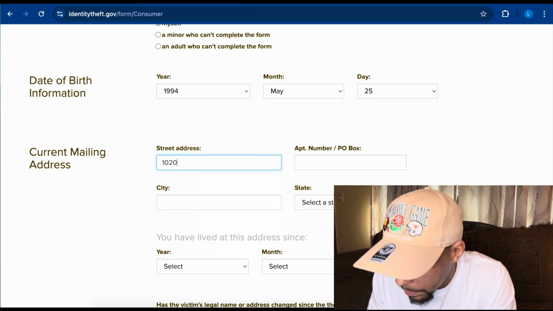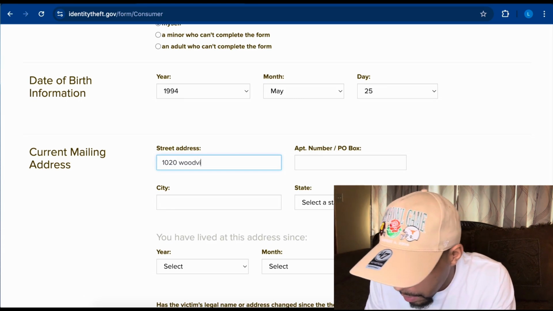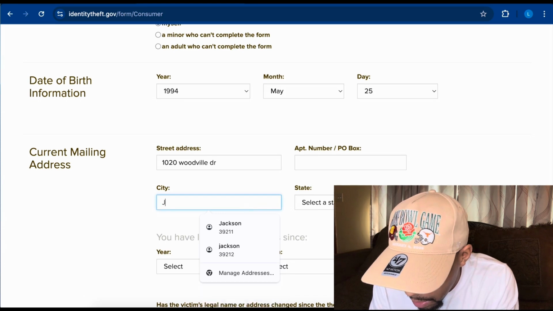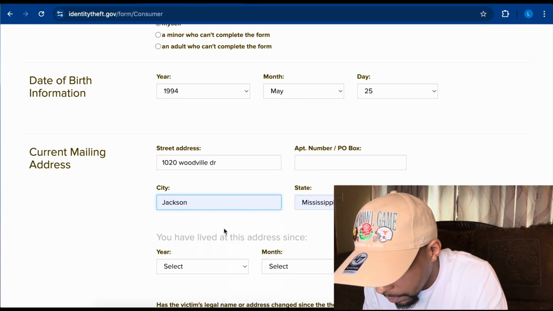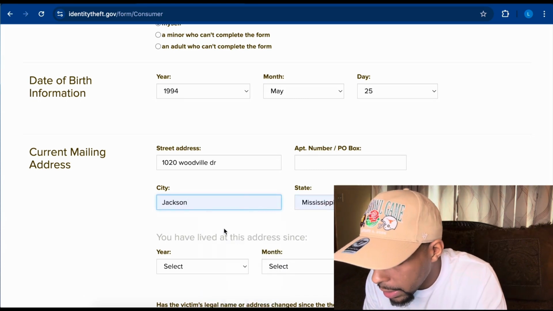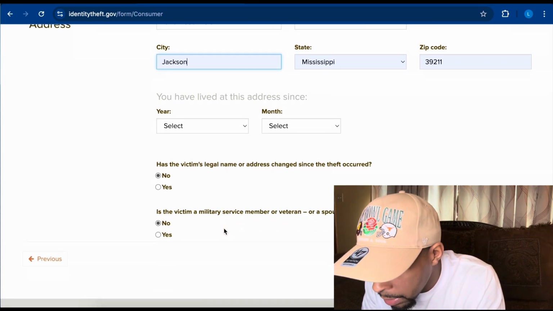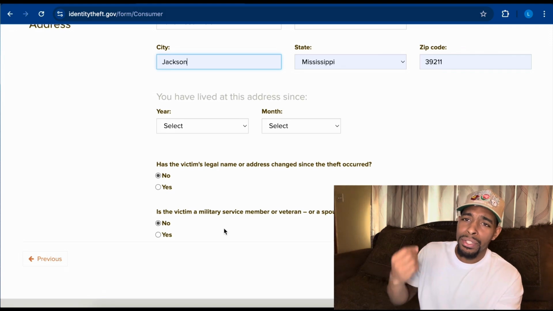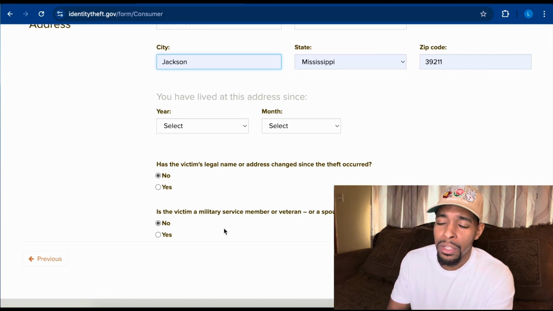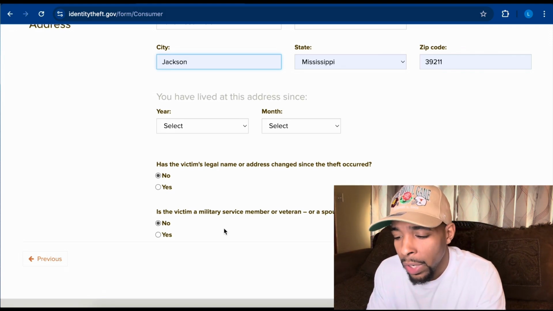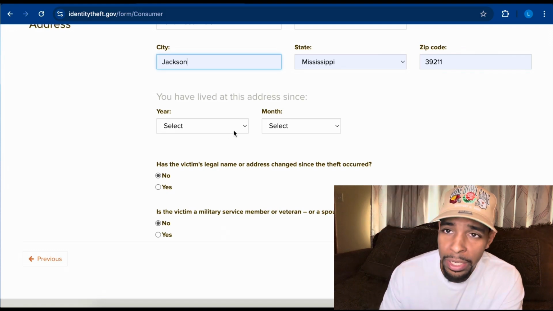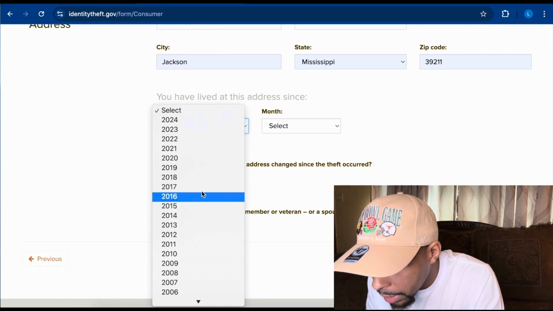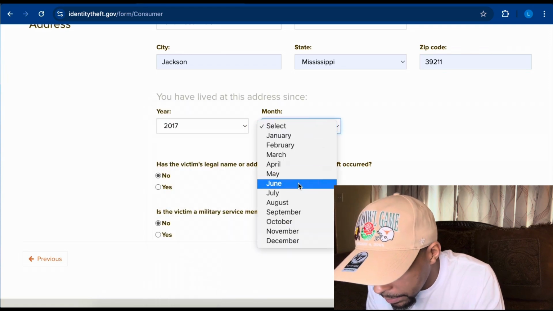Address. Make sure you get this address stuff right now because you don't want to mess up on this current mailing address, because this is tied to your identity and your information. So when they're putting your reports and trying to investigate this information, you want to make sure your information is correct. Have you lived here? You have lived here since, let's see,